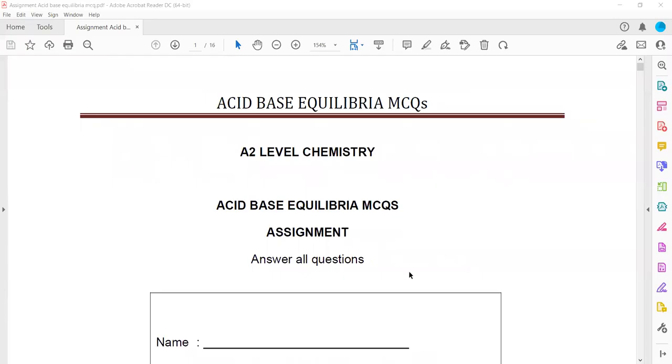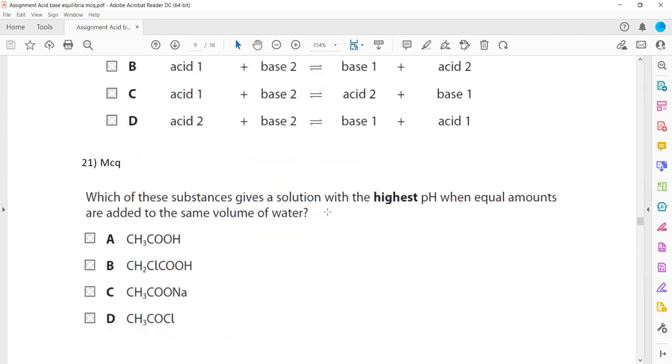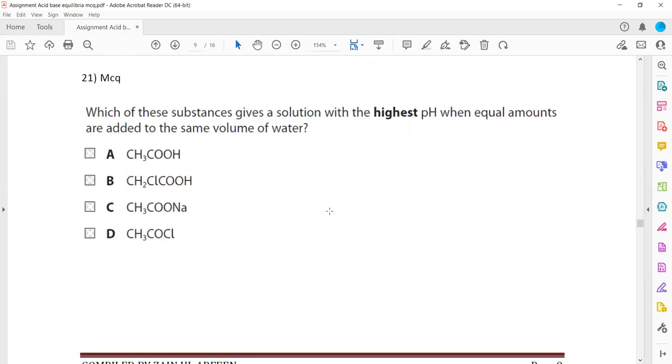So the assignment related to acid-base equilibrium MCQs related to the topic. The first 20 MCQs are already recorded, so 21 onward. The first question, 21: Which of these substances give a solution with the highest pH when equal amount are added